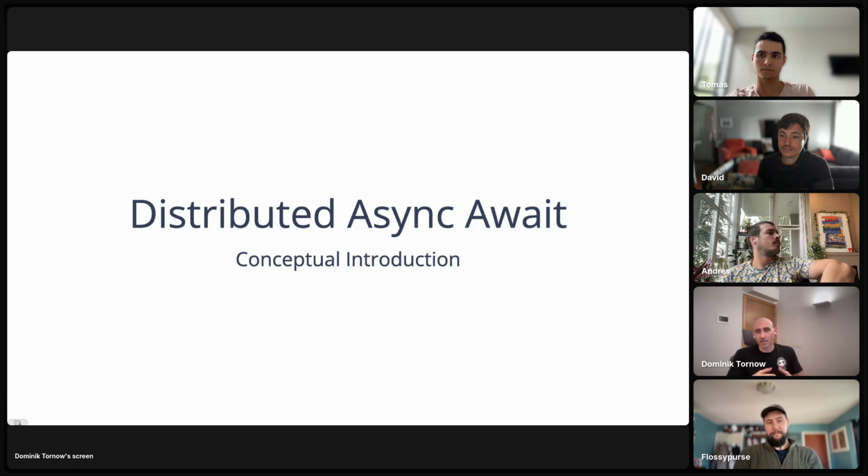Distributed async await is a programming model for building concurrent distributed applications that offers a delightful and dead simple developer experience based on functions and promises. For us, dead simple is not just a catchy phrase. Dead simple is at the center of our technical values. We aim to be dead simple to understand, dead simple to develop, and dead simple to operate.